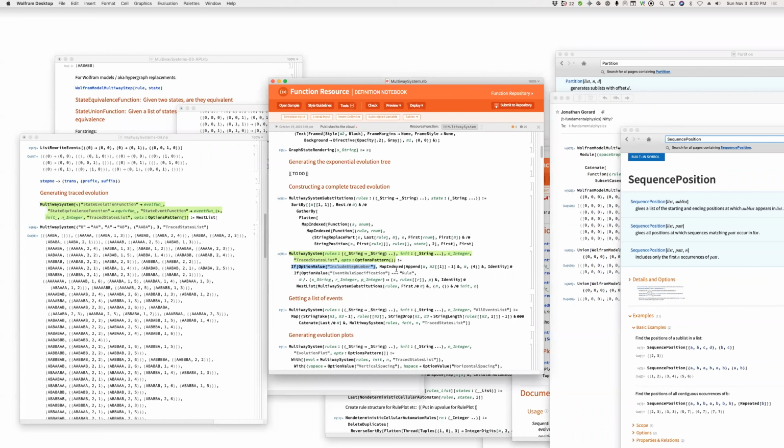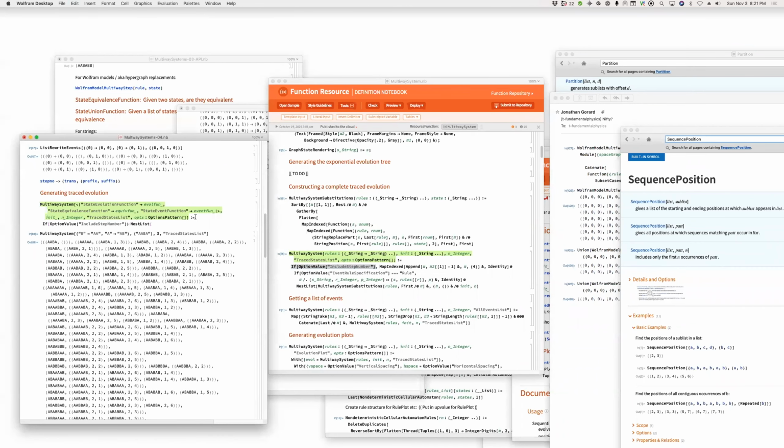I don't really understand that, but let's just do this. If options pattern, then fold list of what? Of basically